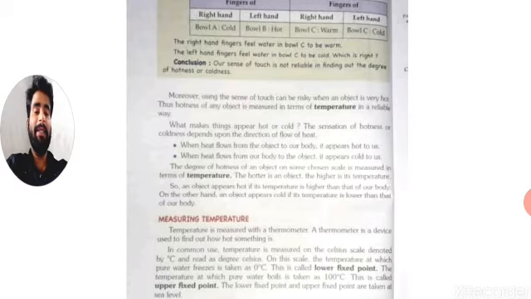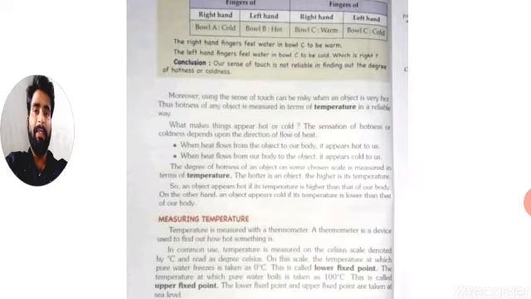First way is what? In Celsius scale. Three scales in which we measure the temperature of a body. First one is Celsius scale. That means the reading of the Celsius scale is 0 degrees Celsius to 100 degrees Celsius. Then second one is Fahrenheit. Fahrenheit scale is 32 degree Fahrenheit to 212 degree Fahrenheit, its reading.